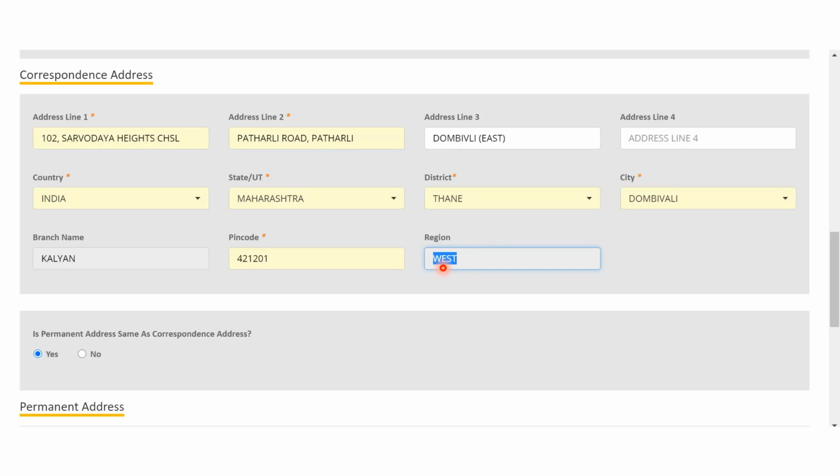Region field is filled up by the system itself. Next one is: is the permanent address same as correspondence address? There is a chance that some of you may have a different correspondence address and a different permanent address. In that case, the institute has given you the option to keep them separate. Whereas if you have both addresses the same, the place where you are staying and the place